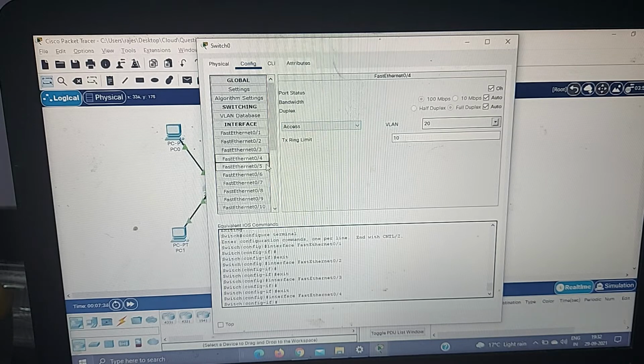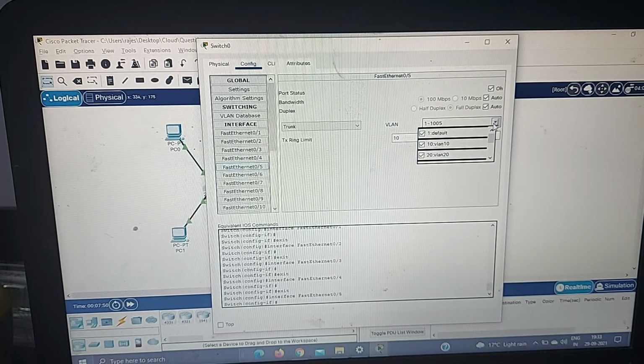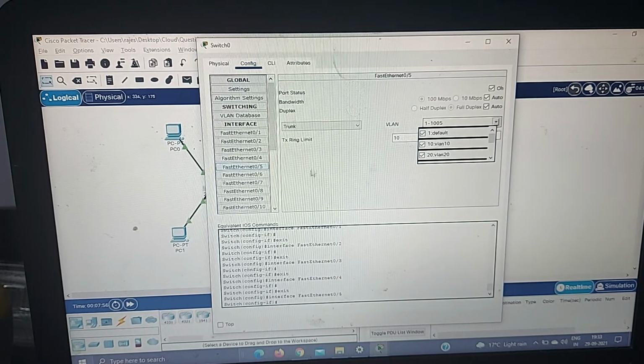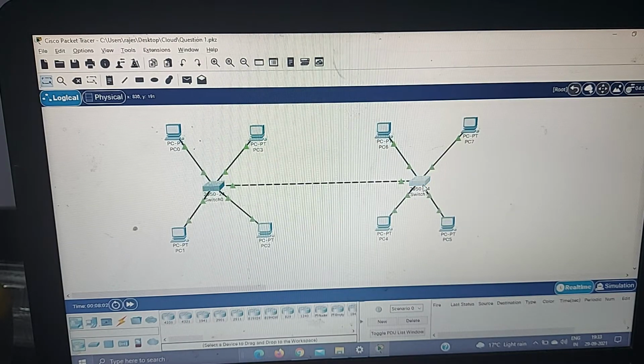But here is one thing: the inter-switch connectivity, which is through port 5, on both sides I have created as a trunk. You can see that all the VLANs are permitted here because of the trunk feature, which allows everything to pass through it, and I have selected that here. So port 5 is defined as a trunk port, whereas the others are defined as access. A similar thing is done here.